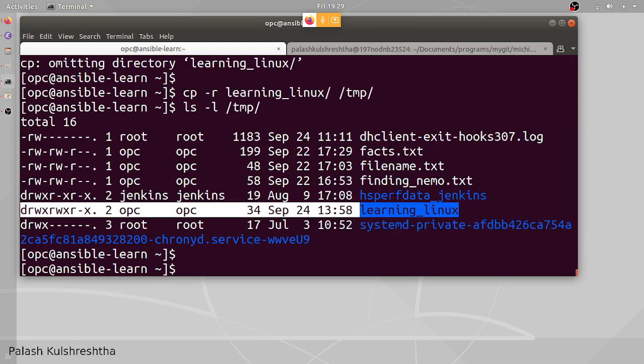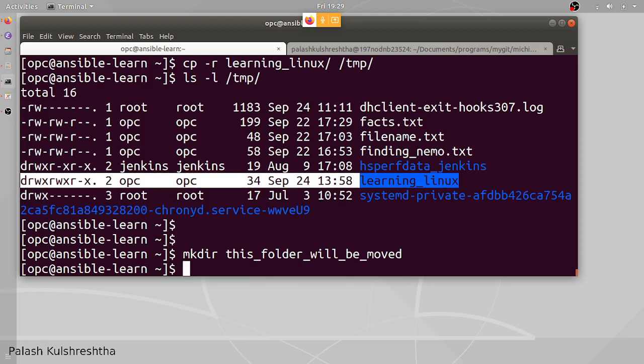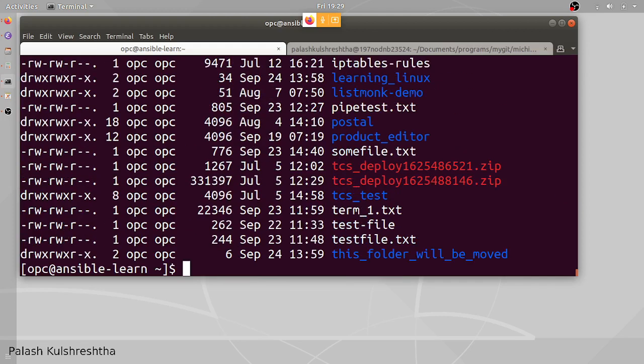Now let's try to move a folder. Let's create a folder to test the move command. This folder will be moved. So we are creating a new directory with the name this folder will be moved. Now let's try to find it. So this is the directory that we have created.